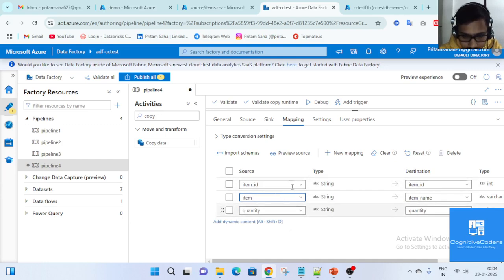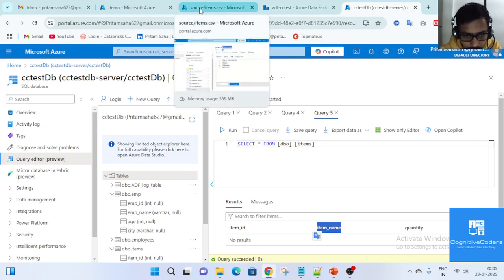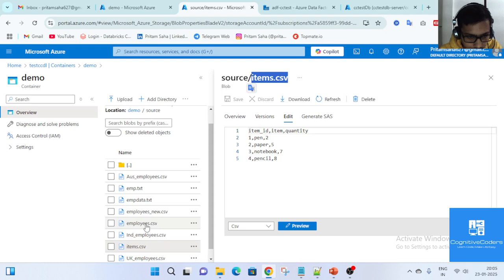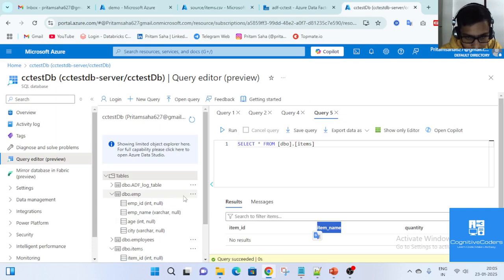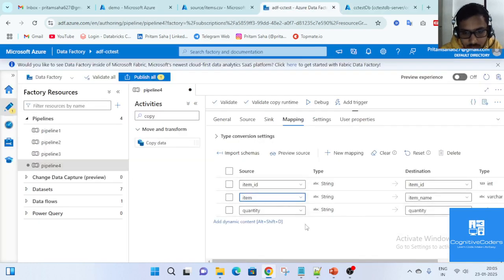So for these cases, whenever we are going to upload multiple source files in this table, suppose in today's scenario we are going to upload this employee CSV and item CSV, employee data in the employee table and item data in the items table. So in this case, how to do it dynamically? We don't need to do it manually. We'll just run the pipeline. It will dynamically take the schema, and it will copy the data. Okay, so for this dynamic execution,